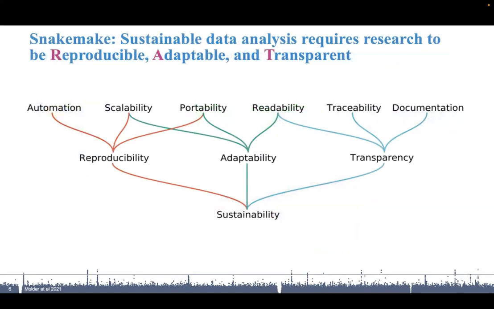So Snakemake comes into this idea of producing sustainable research, which is underpinned by research being reproducible, adaptable, and transparent. So it's not just about being reproducible. We also have to have pipelines that are adaptable to other projects. So I write an MR pipeline for Alzheimer's disease, but we can apply this to COVID-19. But also being transparent, so this is again having documentation, traceability, and readability. And underpinning these three layers, we have automation, so having our workflows being executable on a cluster,